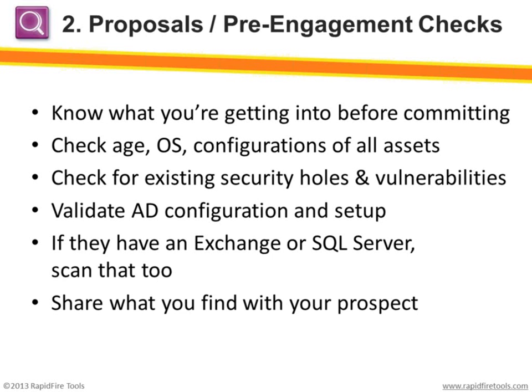And then there's Active Directory. Now, there's a lot more to understand there. Is it set up properly and well maintained? Is it overly complex or too simple for their organization? And how secure is the network from the outside? So performing a detailed network assessment really is a necessary component of building that quote and then building the plan